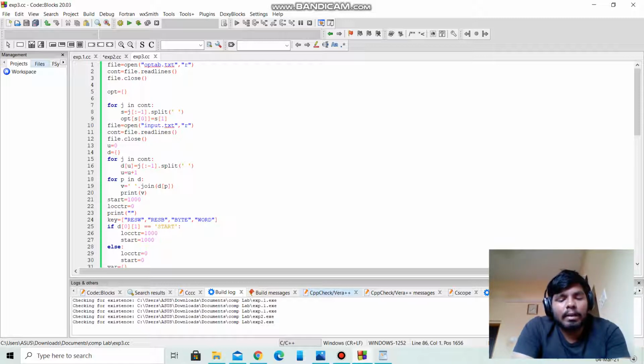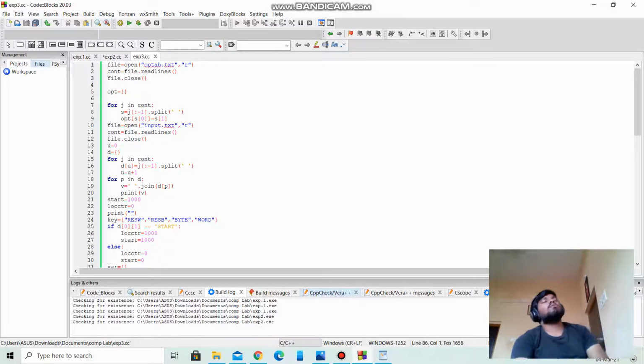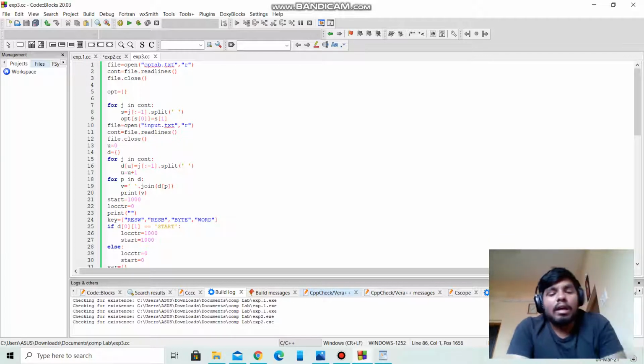If there is no symbol or label in the operand field, then the operand address is assigned as 0 and it is assembled with the object code of the instruction. Write the processed lines in the intermediate file along with the location counters. To find the length of the program, subtract the starting address of the program from the LC. Then close all the files. This is the algorithm of the third experiment.